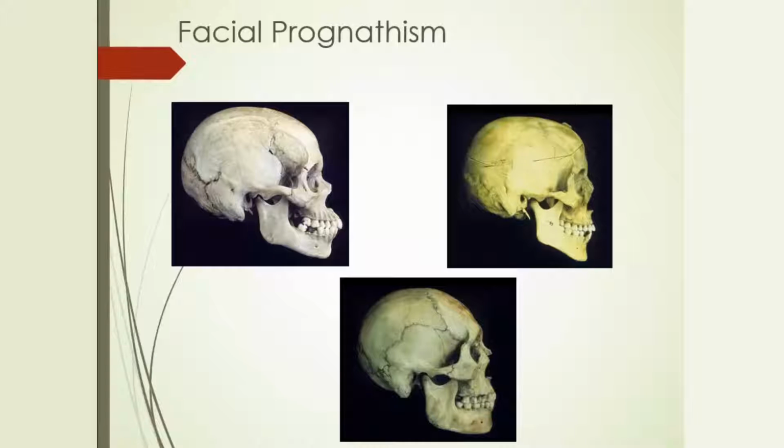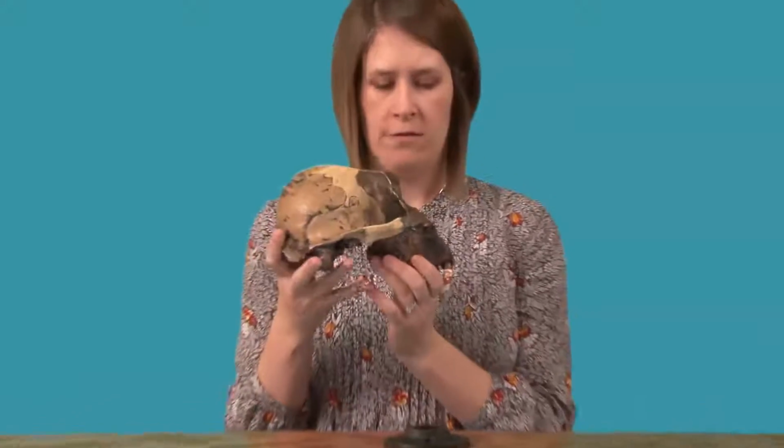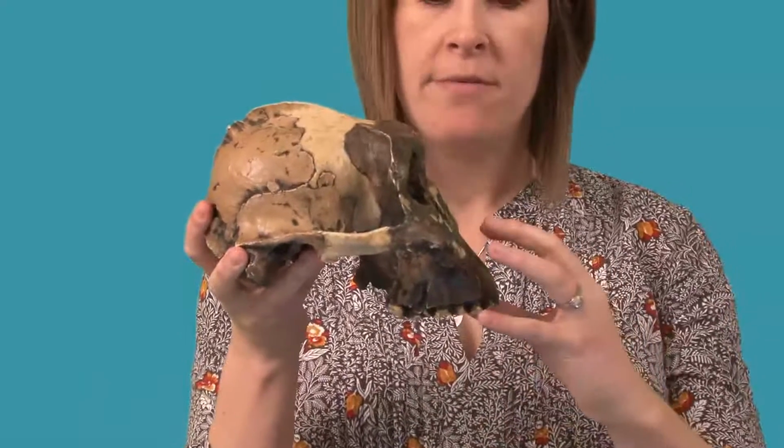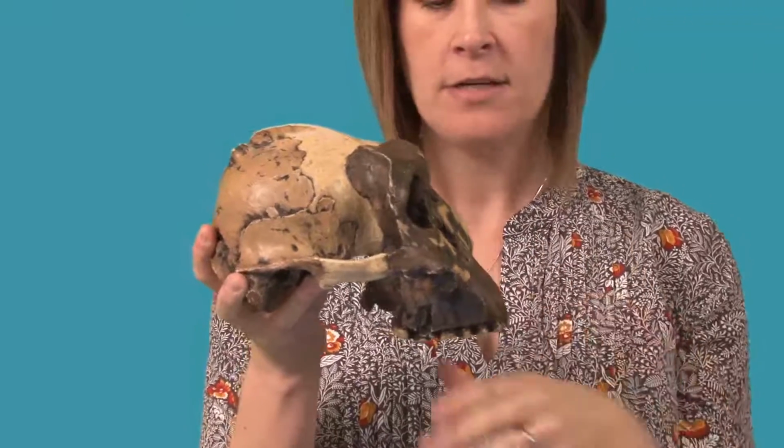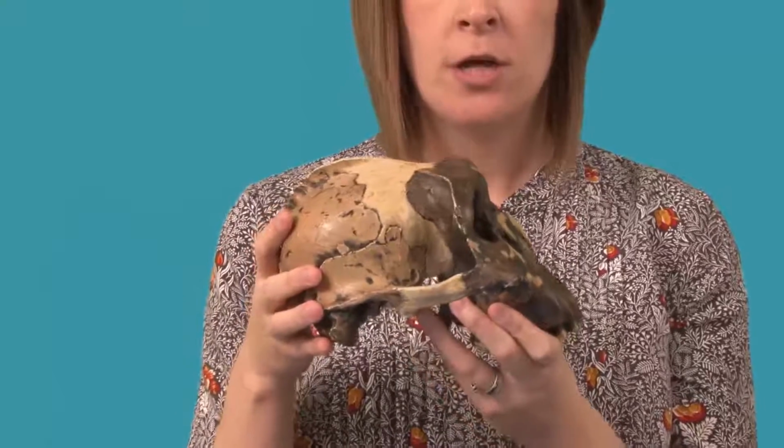All right, another term that you need to be familiar with is facial prognathism. Prognathism is when the lower portion of the face projects anteriorly, forward away from the midface. If you want to zoom in, it's as though someone has grabbed the maxilla and mandible area and pulled it directly out from the face. You can see how it's really flat here and it flares out here. Again, this is something that we see with hominids that had large muscles of mastication and smaller faces.